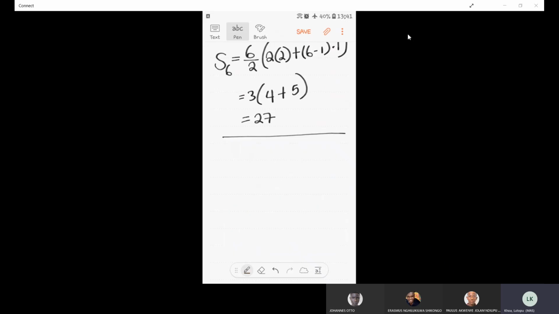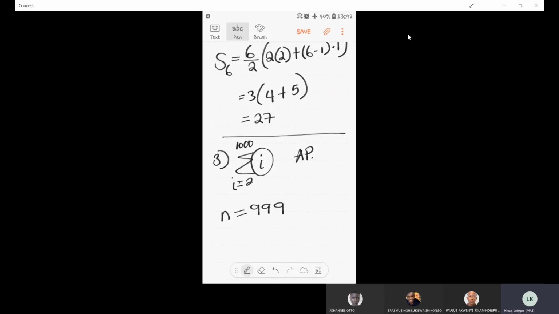Then number 3, we have a sum, I equal to 2 up to 1,000, and again we're adding I. So here, if you look at what you have, if it is linear, then it is an arithmetic progression. And with an arithmetic progression, you know how to work out the sum of the first n terms. Now here n is going to be 1,000 minus 1, which is